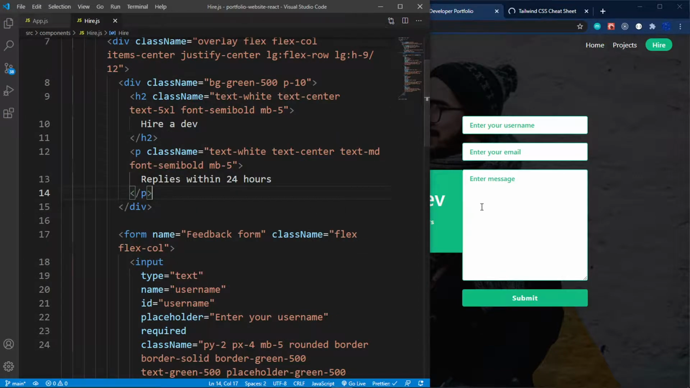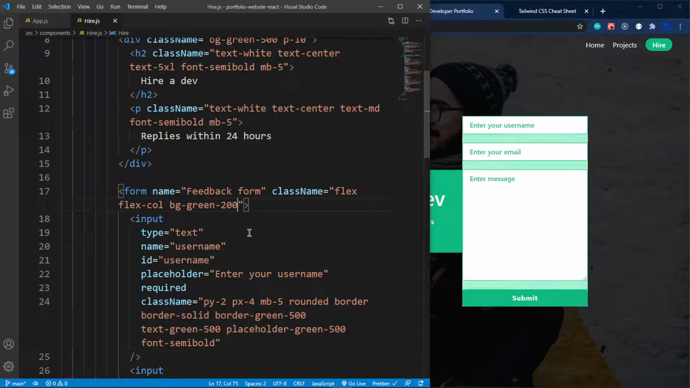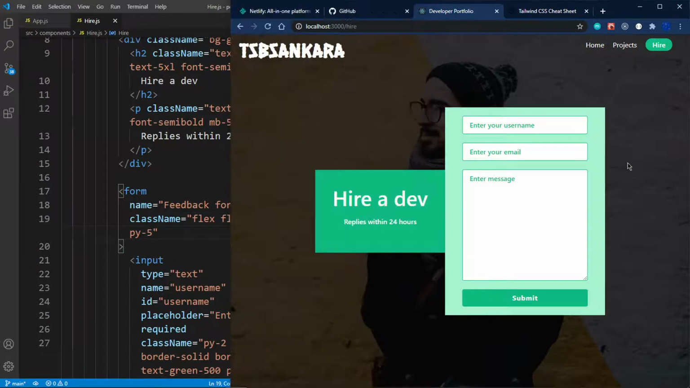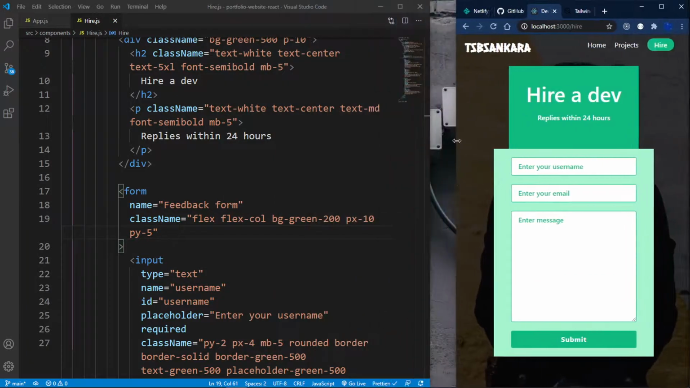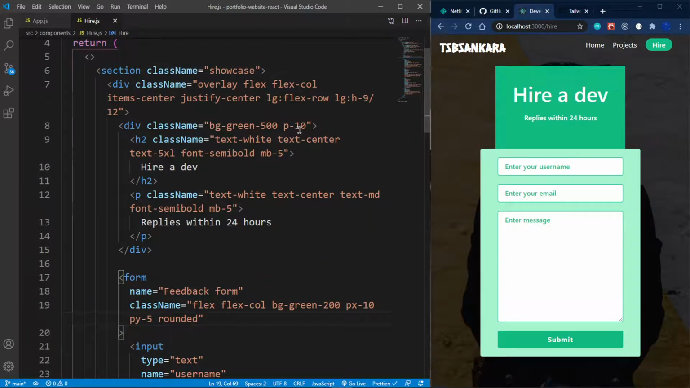Okay, so you know what? Let me add a background color on the form. So I'm going to say for the form, bg-green, make it even lighter, so bg-green-200, like that. Let me add a padding on the X of 10 and padding on the Y of, let's say, 5. Okay, actually I should make this a bit smaller so that I can see what we are styling. And then I'm going to give this a class of rounded, like that. And then I'm going to say this has a padding on the X of 10. So if I were to go here, let's say padding on the Y and say padding on the X of 20,